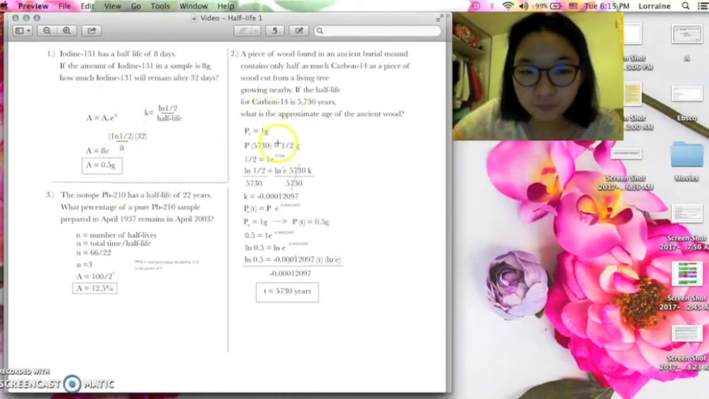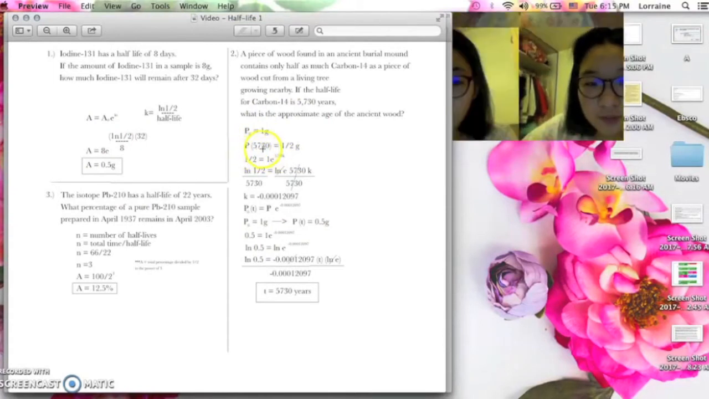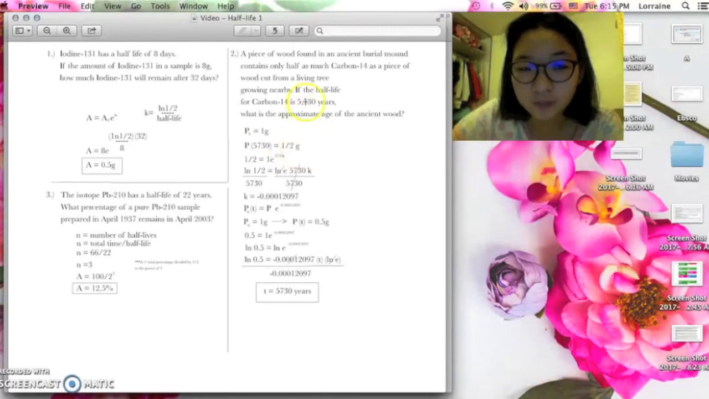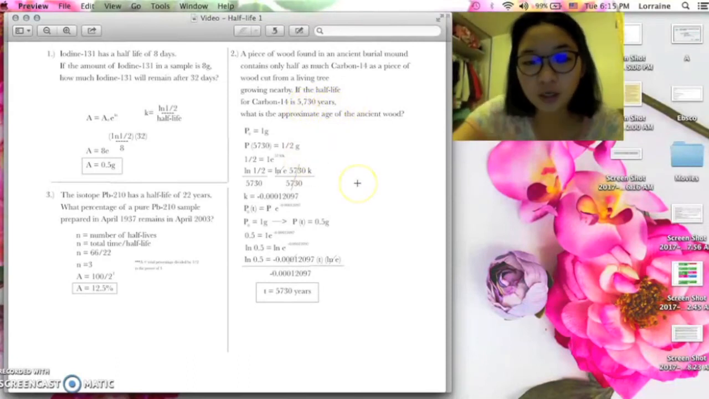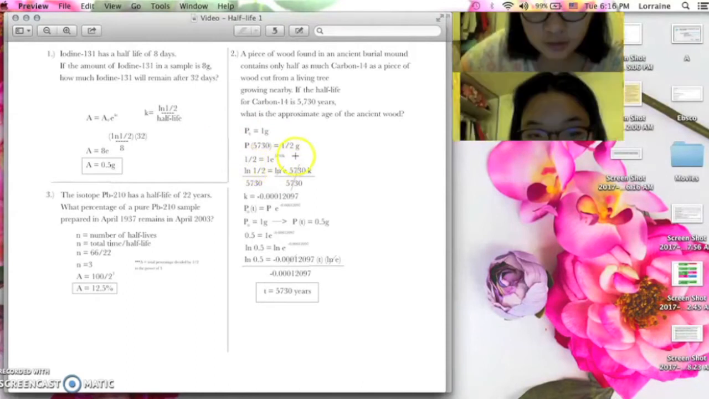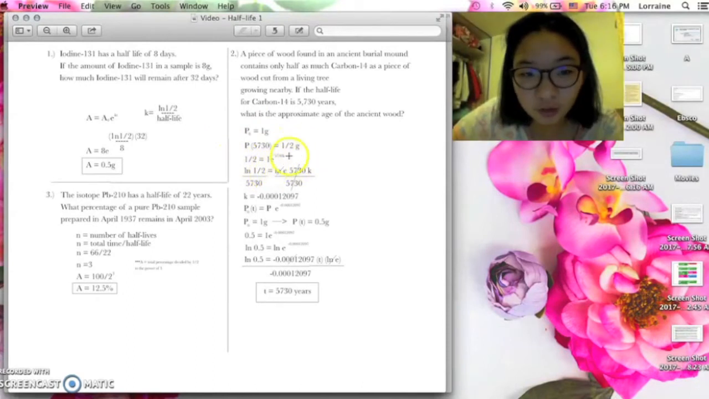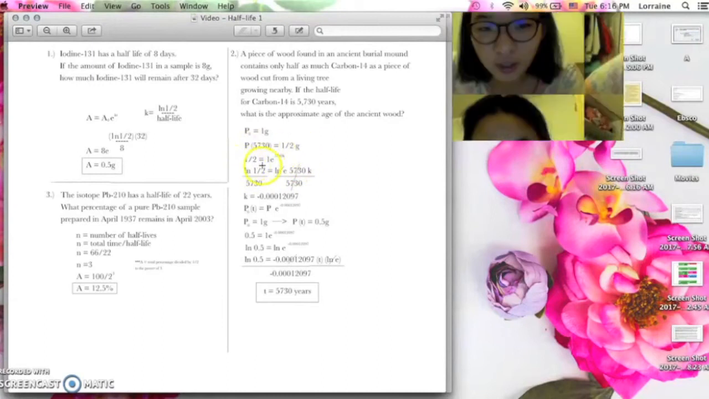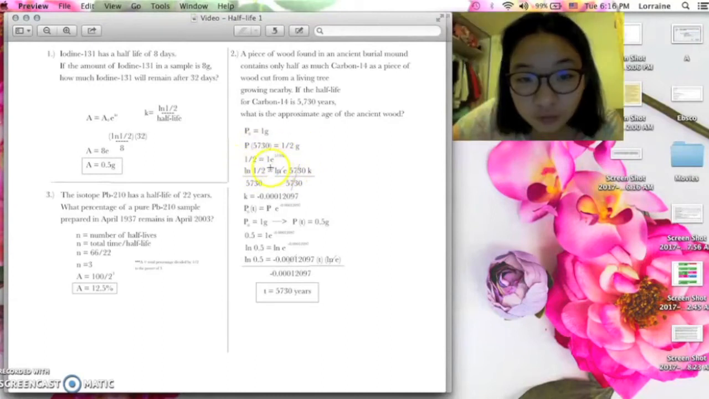P of 5,730 equals 1/2 grams, because in the problem it says the half-life for carbon-14 is 5,730 years, meaning we equate the 1/2 grams to P of 5,730. That's just for the sake of representation. And then after that, we start the derivation. So I equated 1/2 equals 1 e to the exponent of